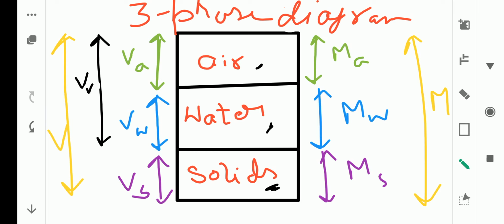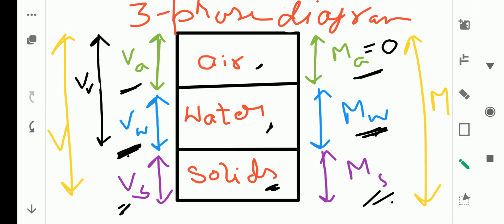We have represented volume of solids as Vs. There are solids, those solids must be having some volume and must be having some mass. So on the left hand side, Vs is the volume of solids. S means solids, not soil. Ms, mass of solids. Then here you can see volume of water. If there is water, it must be having some volume, that is represented by Vw. Mass of water, Mw. Then volume of air, Va. Mass of air, Ma, obviously it must be equal to 0, negligible.